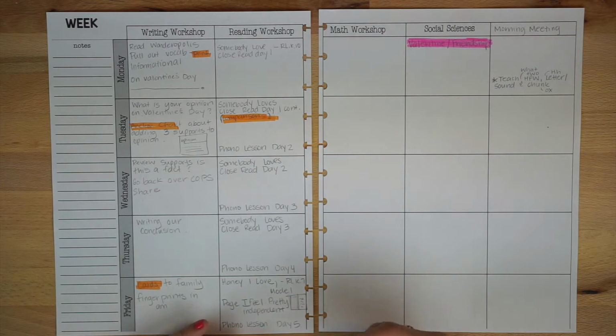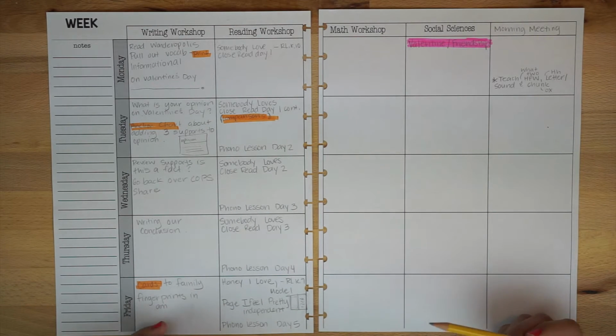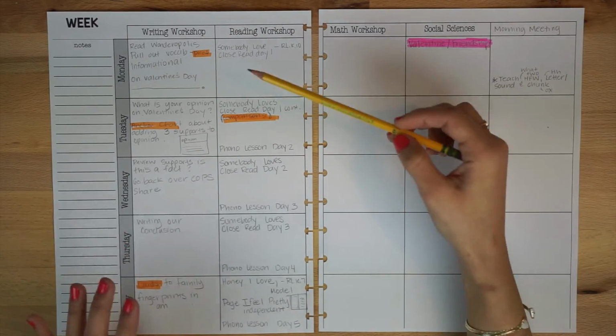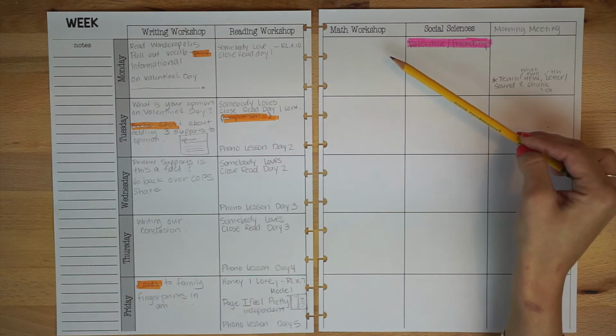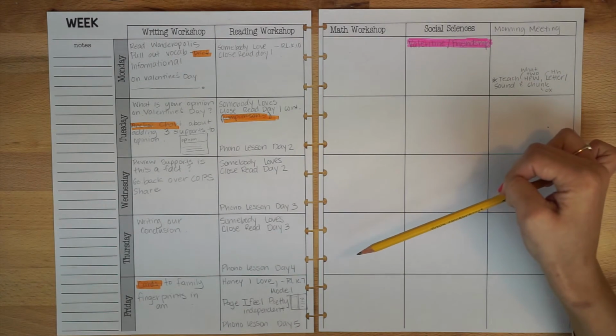And then that's when I give them their sheet and I tell them to go back and tell me what they visualize. So that's what they'll do there in that spot. So now I have my writing mapped out, my reading mapped out. So I have to go through and do my